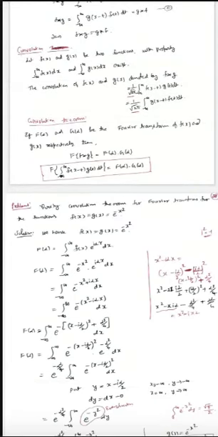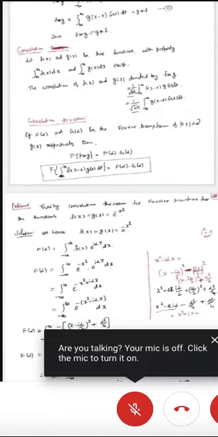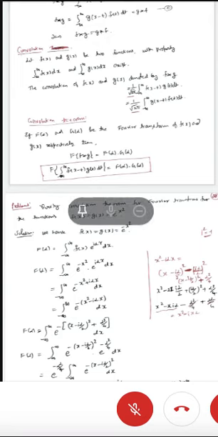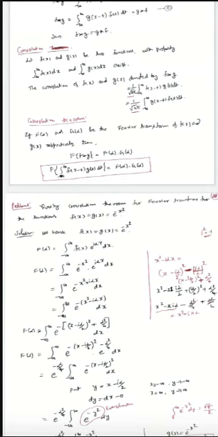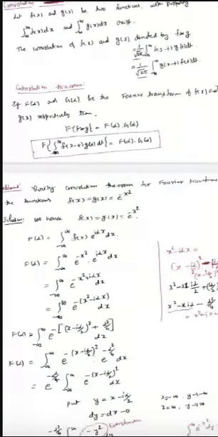So we have f(x) = g(x) = e^(-x^2). We have F(alpha) can be written as the integration from minus infinity to plus infinity of f(x) e^(i alpha x) dx, the Fourier transform. In the place of f(x), I can write e^(-x^2), e^(i alpha x) dx. In the place of u, alpha is there. That's it. In the place of alpha, you can put u. You will come to know that whatever we have done, it is the Fourier transform definition.